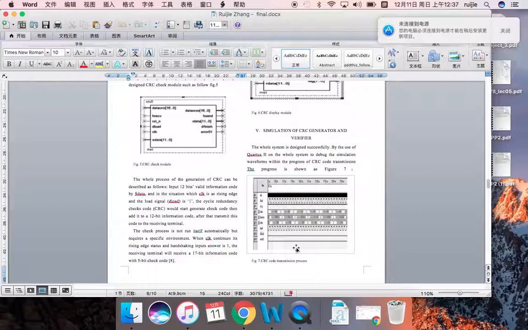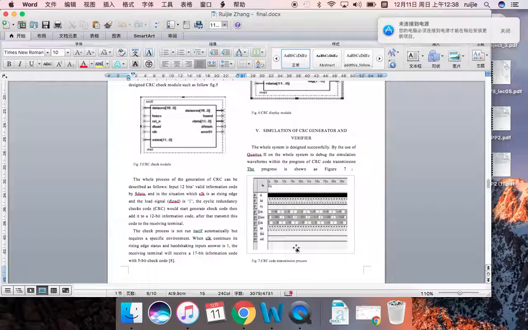Input 12-bit valid information code by state, and in the situation in which CLK is at the rising edge and the load signal is 1, the cyclic redundancy check code will start generating the check code, then add it to the 12-bit information code. After transmitting this code to the receiving terminal, the check process does not run by itself automatically, but requires a specific